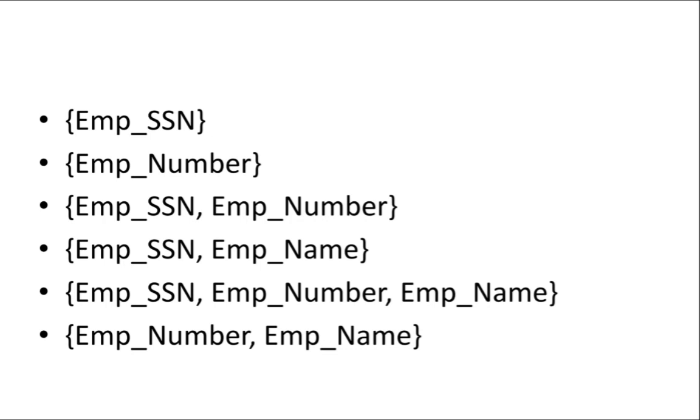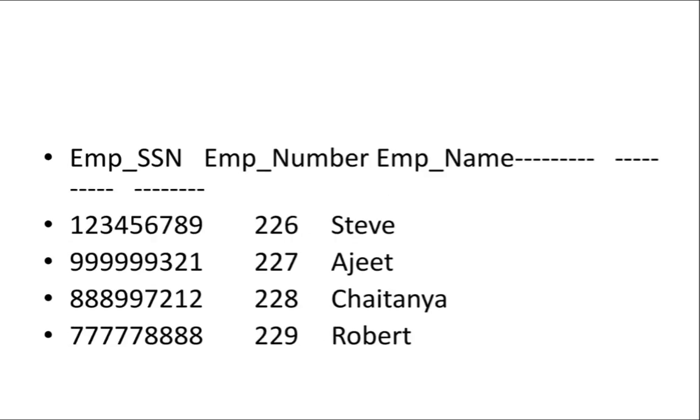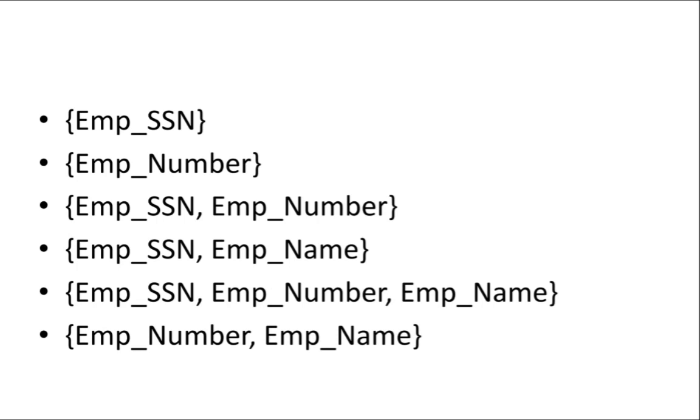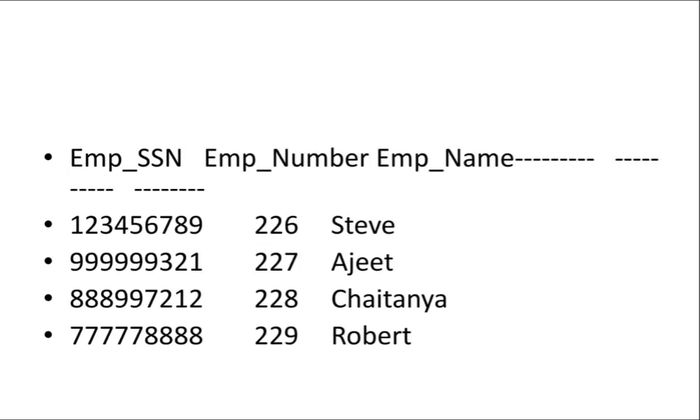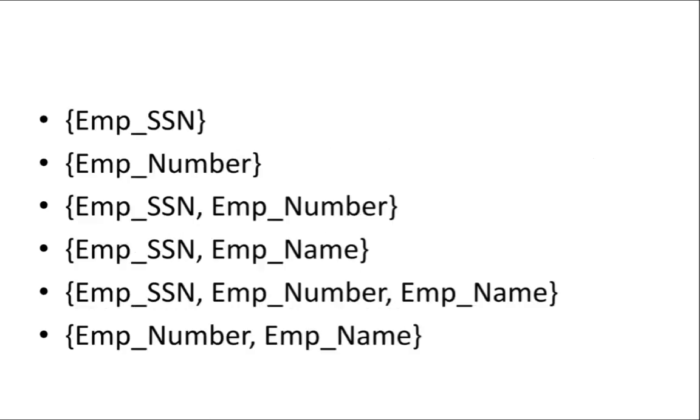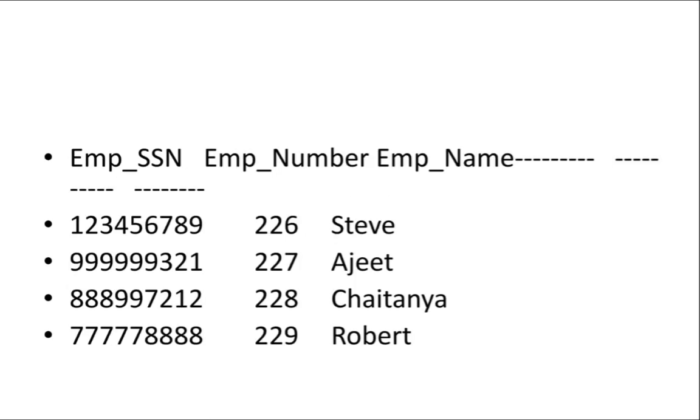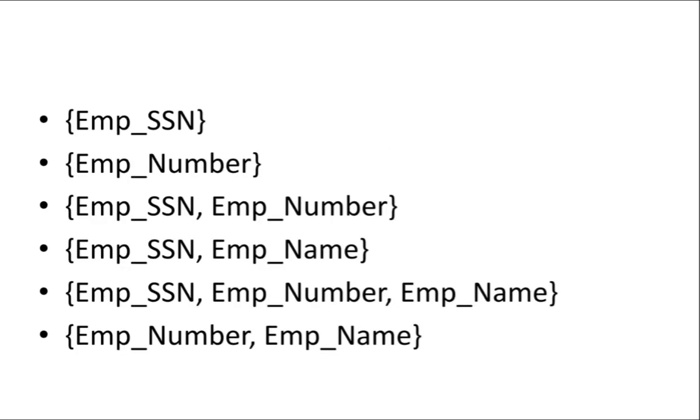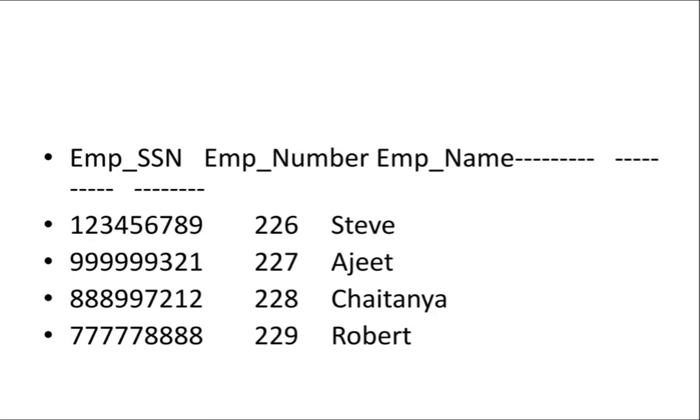Getting guys, super key is a set of attributes. You can see these are all attributes. Super key is a set of attributes that is used to identify the record. Using all these 6 super keys, I can still identify individual records without any problem. No values are repeated here. Employee SSN, employee number, again the same. Again all the values are different. In the same way, if you take employee SSN, employee number and employee name, observe there all the values are different. So this is the definition of the super key.